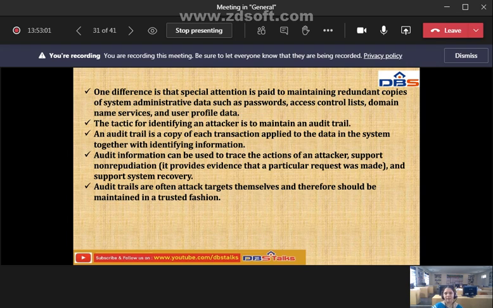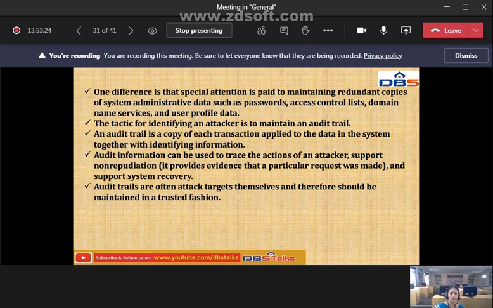That is the main use of the audit trail. Next, this auditing information can be used to trace the actions